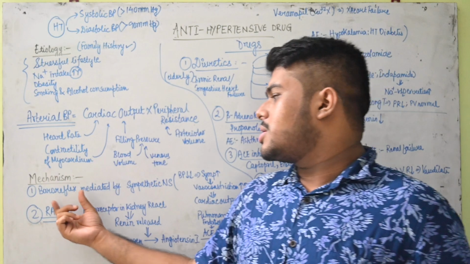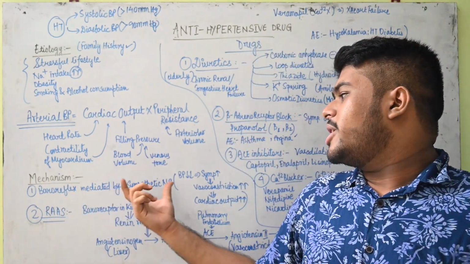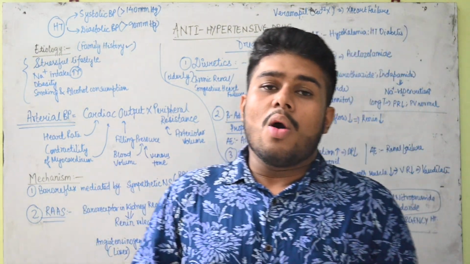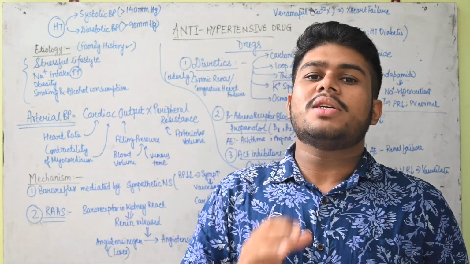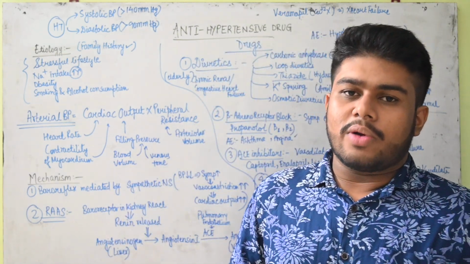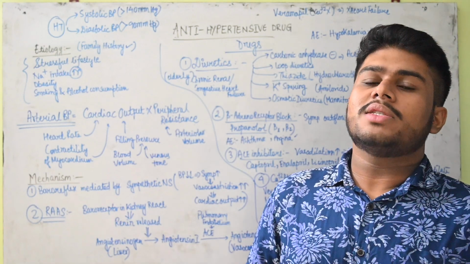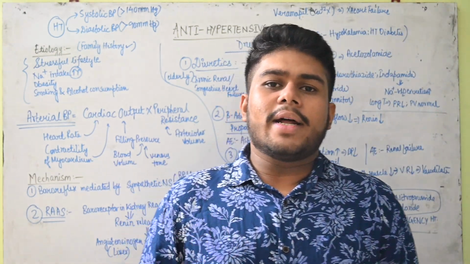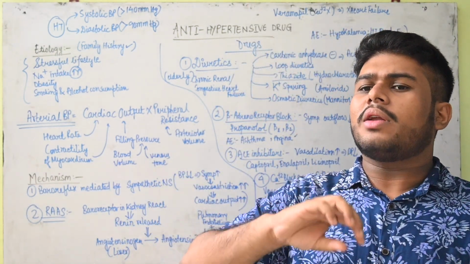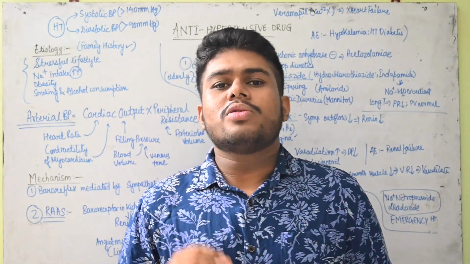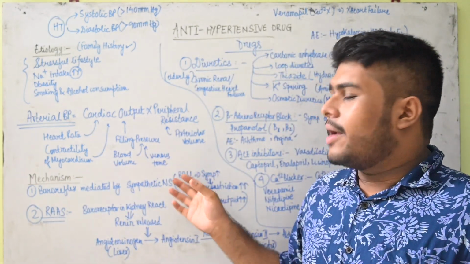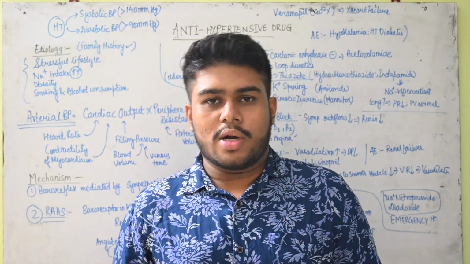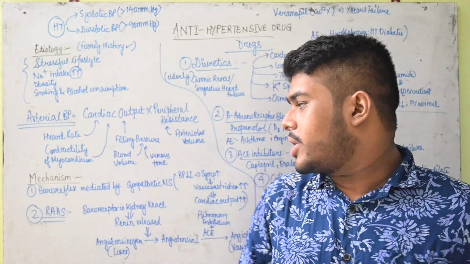One of the important ones is the baroreflex, which is mediated by the sympathetic nervous system. We have baroreceptors mainly present in the common carotid artery, where it bifurcates into the external carotid and the internal carotid. Mostly in the common carotid and the internal carotid we see the baroreceptors. We also have chemoreceptors in the arch of the aorta, and some baroreceptors are there too.